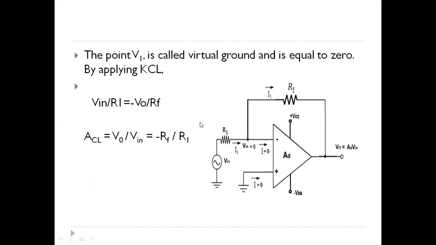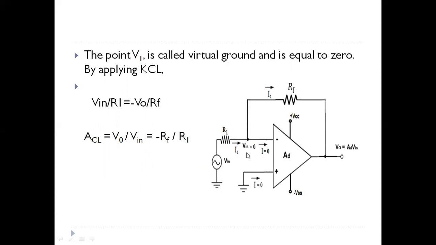In order to get the closed loop voltage gain, this is the inverting amplifier in closed loop configuration. Here we are applying some input Vin to the inverting input terminal and the non-inverting terminal is grounded. We are providing feedback through the resistance RF, connecting RF between output and the input. This configuration is known as the closed loop inverting amplifier configuration.